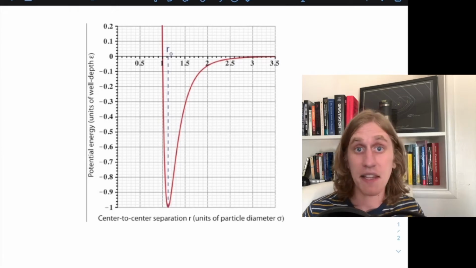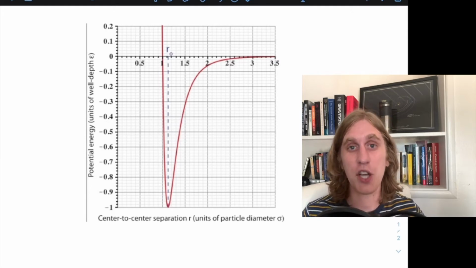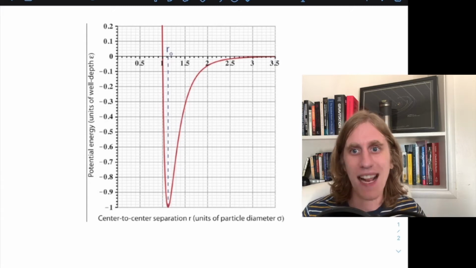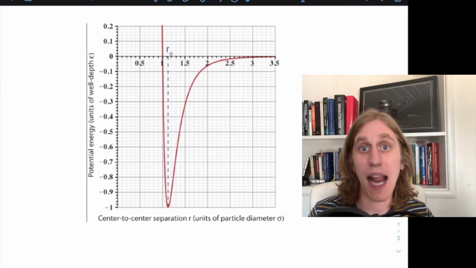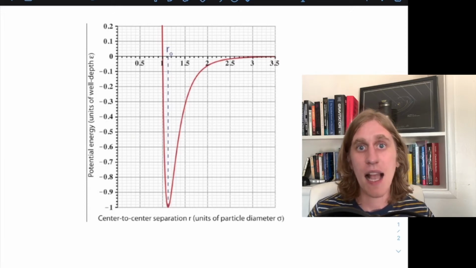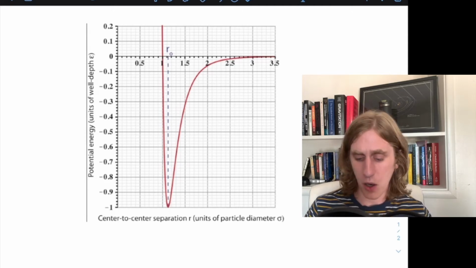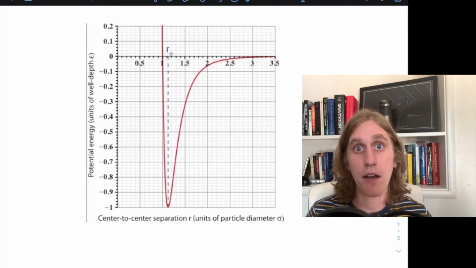We said that the amount of energy that the particles had when they had 0 thermal energy was equal to their bond energy. So we know the bond energy of these particles. It's just negative epsilon. Now, earlier in this course, we said that changes from solid to liquid and liquid to gas resulted in positive changes in bond energy. Now, if you've taken chemistry, this may be the opposite of what you've been taught. And now we can start to see why this is the case. Two particles in a solid are going to be sitting pretty close to the bottom of this well. They'll have negative epsilon of bond energy.